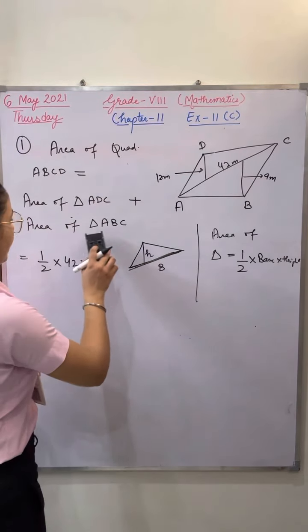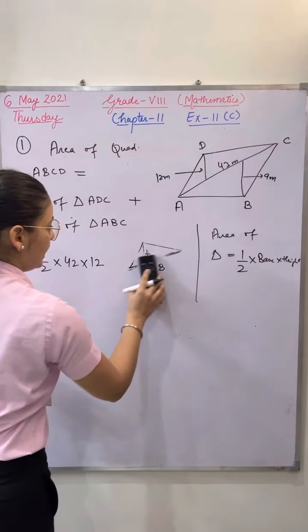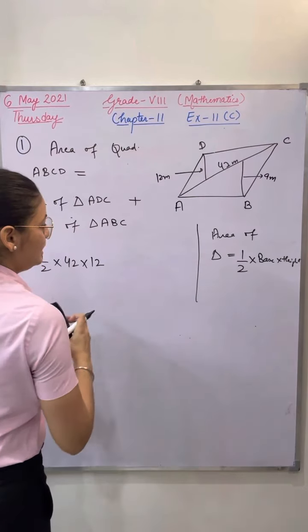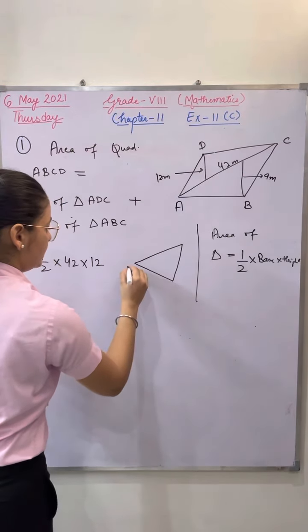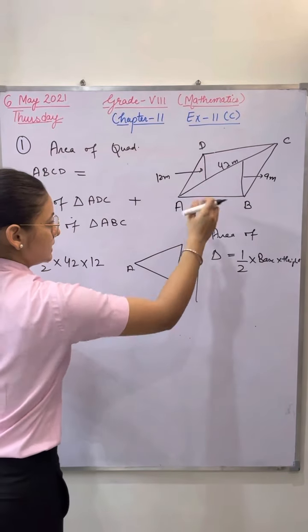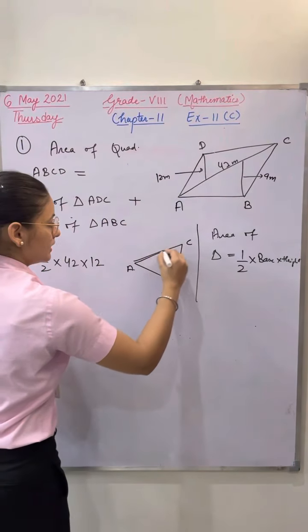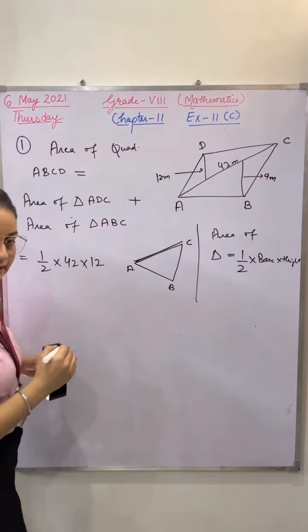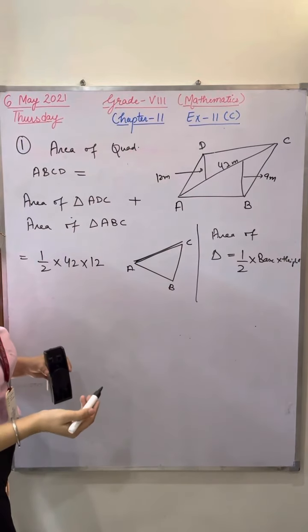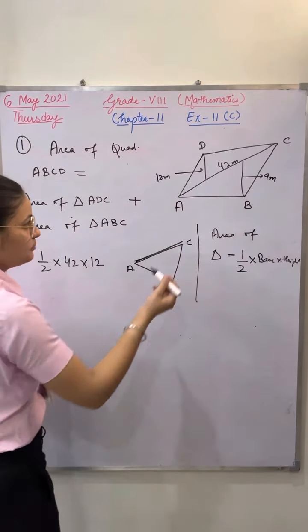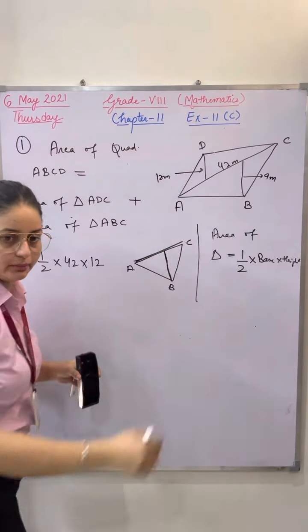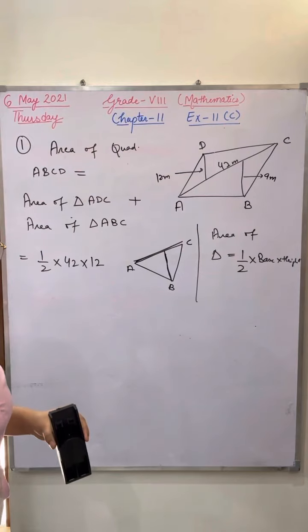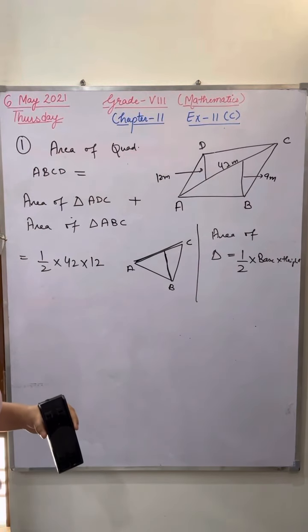Okay, now let's move on to the next triangle. Next triangle is triangle ABC. Okay, I'm making this triangle ABC here. This is in this shape. A, B, C. In this triangle, this will be the base. Okay, how much base? Base is again 42. Yes, very good. And what will be the height? Height is this. This is the height given. What will be the height? Yes. Very good. Height will be 9.